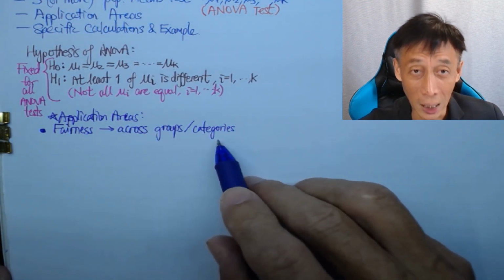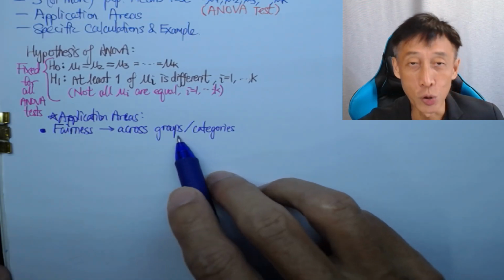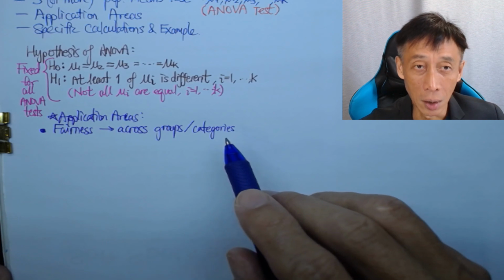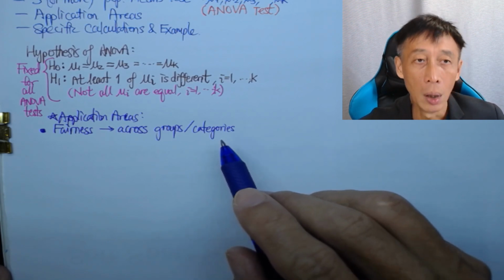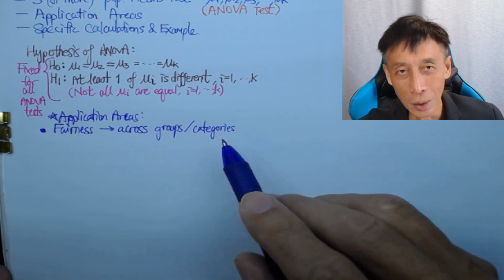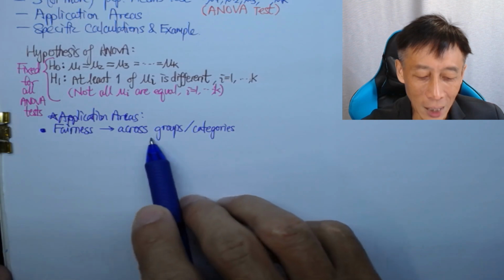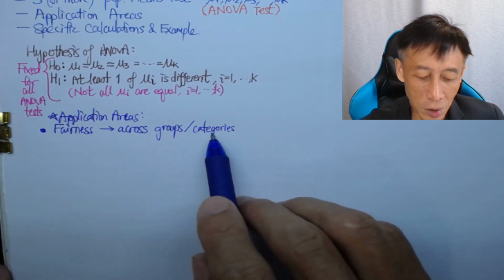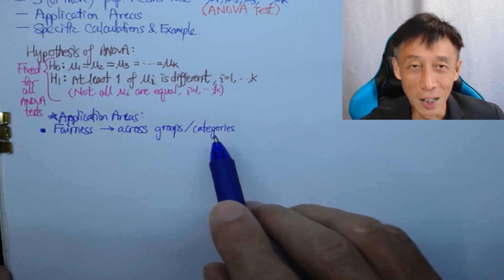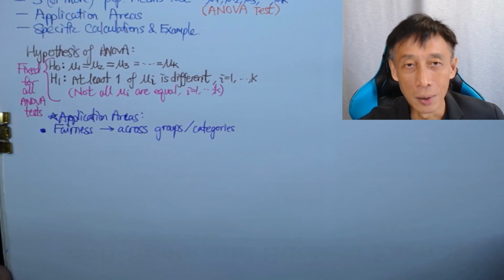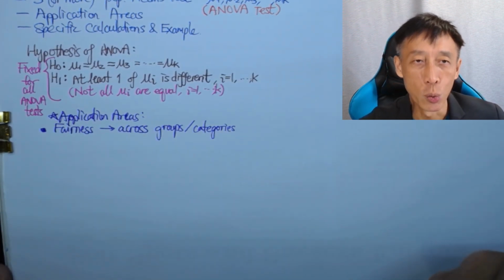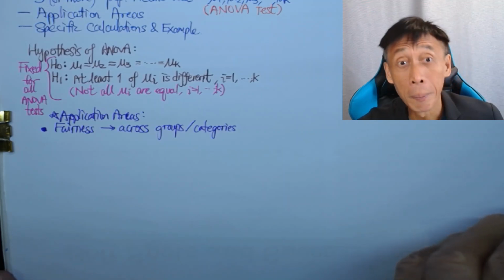But across groups and categories, groups are usually people. Categories would be more like non-animate objects like product groups, right? Or batches. So manufacturing batches. Fairness is more like a notion for people. So even for categories, I wouldn't quite associate with non-animate objects, more like people. All right. So groups and categories, when you have to ensure fairness across them,